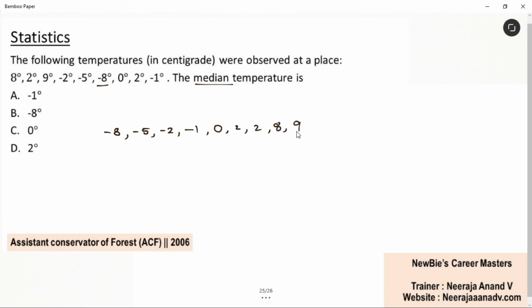Median of these numbers is the middle number. Why, ma'am? See, just count how many digits are there. See, 1, 2, 3, 4, 5, 6, 7, 8, 9. Now, digits count is odd, no? It's very simple case then. See, if 3 digits are there, median is middle number. Okay. If 4 digits are there, median is sum of middle two numbers divided by 2. Now the case is first case. Correct? No, we have odd number of digits. So middle value is the answer. Very simple. Answer is 0 degree.